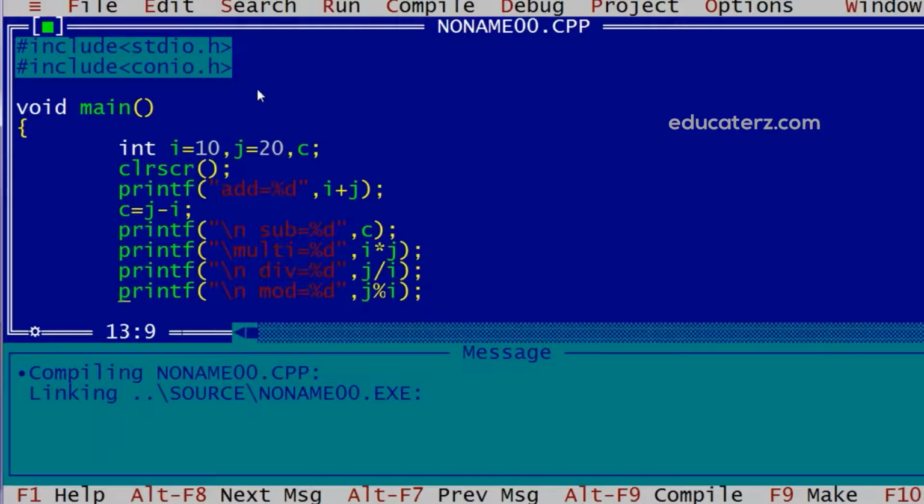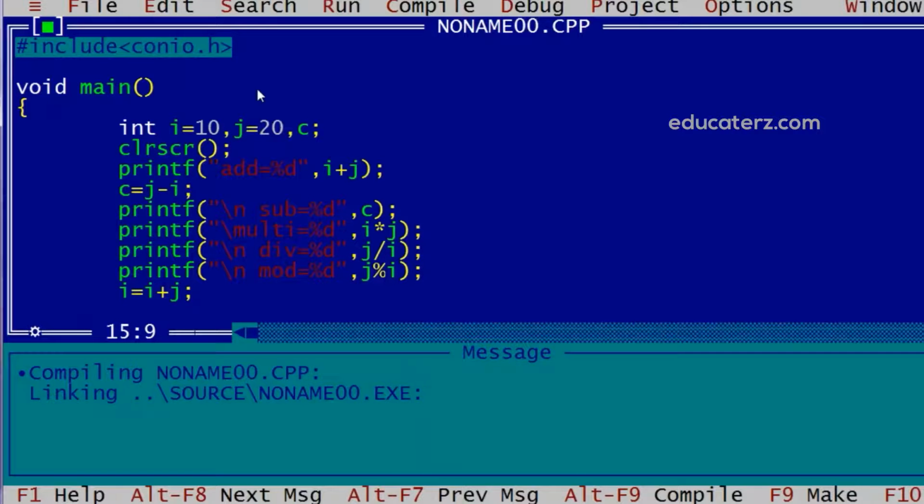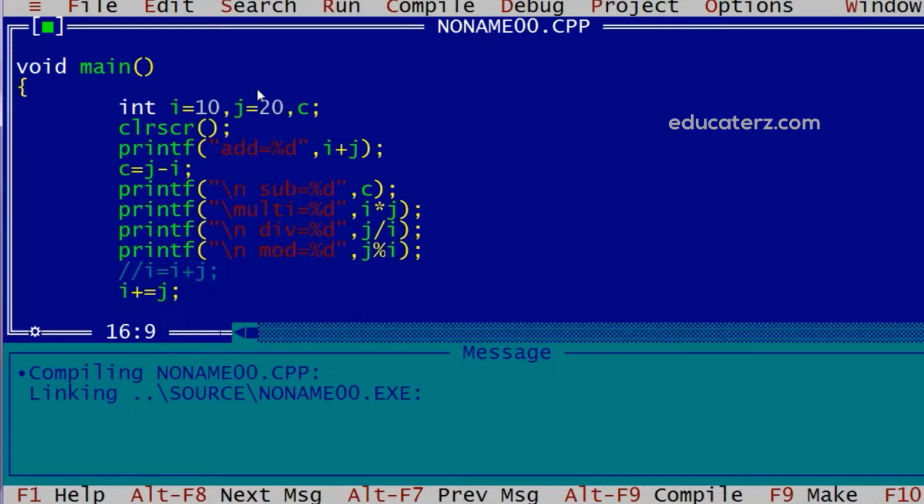Now as we have given c equal to j minus i, suppose I want to have i equal to i plus j. This can be written in this way also, that is i plus equal to j. So these two are equivalent. In the second case it will do the addition and then assign the added value to the i variable.